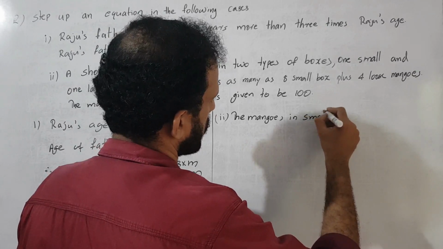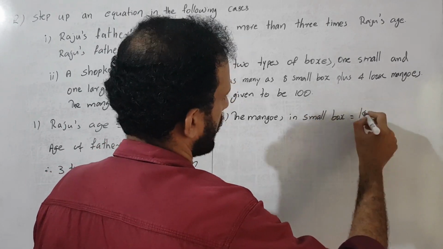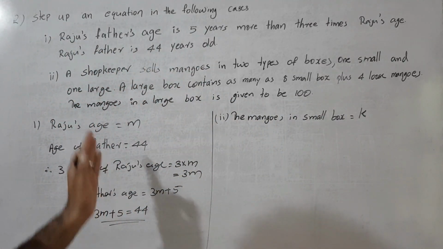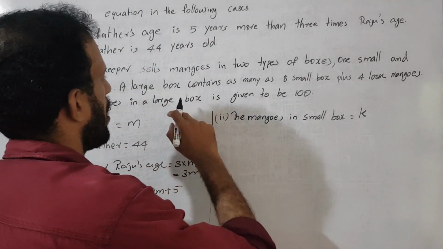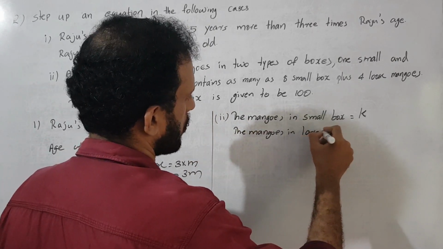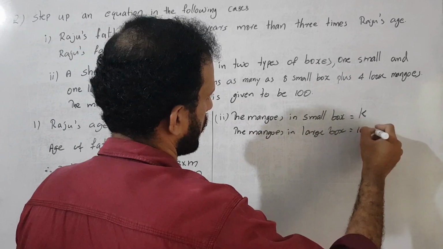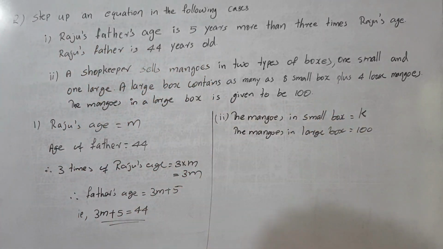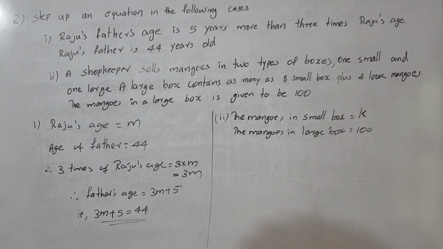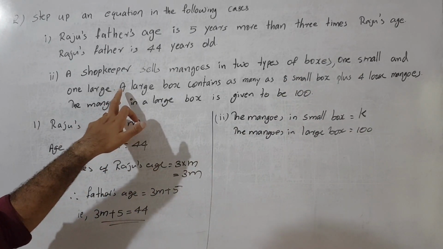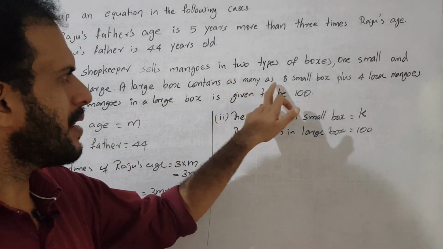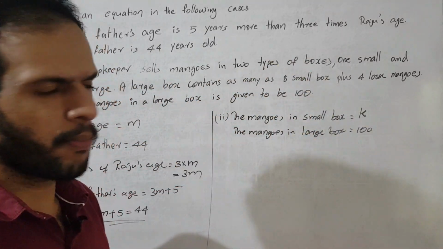Number of mangoes in a small box equal to k. Any one of the letters, okay? I am choosing the letter k. Then the number of the mangoes in a large box: the mangoes in a large box equal to 100. Then what is the relation of the mangoes in a large box and the mangoes in a small box? It is given the relation. The number of mangoes in a large box is as many as 8 small boxes plus